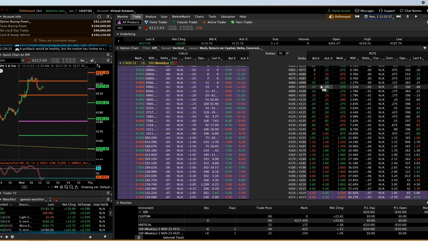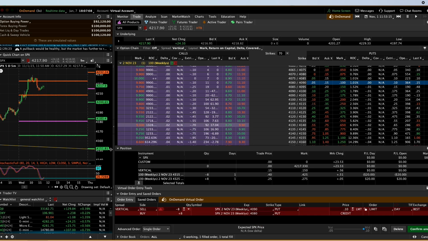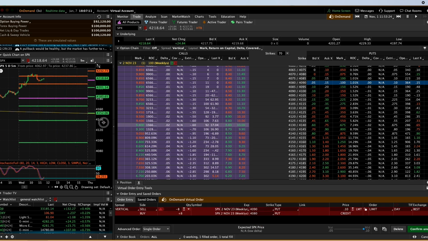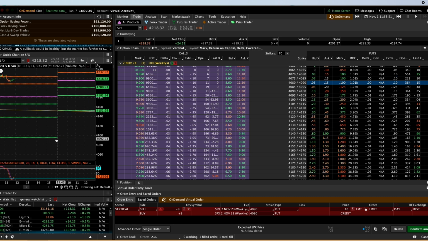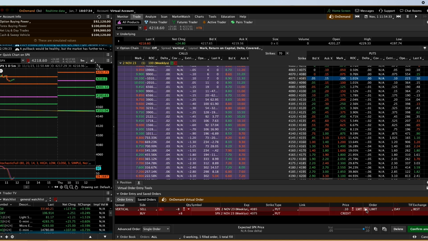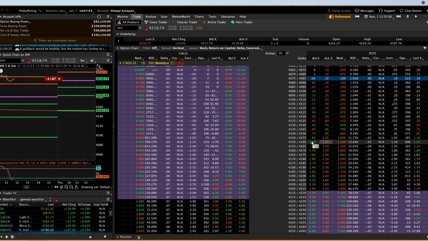So for me, I'm just going to go ahead and put in this trade at 40.90. I'm going to look around and see if that's where I really want to be. 40.90, right here we're at 40.95, 40.96, so we're below S3, which is exactly where I want to be. I could probably get into a better position. Oh, some things open up. We got like 40.80, 40.85. I don't think this 40.80 is going to fill because it's just too close to the edge. So I'm going to try this 40.85. I like that even better. I'm going to hit my lockdown here on my order. I'm going to go ahead and send it. Everything looks good. And I'm going to send that off and see if we can get a fill.